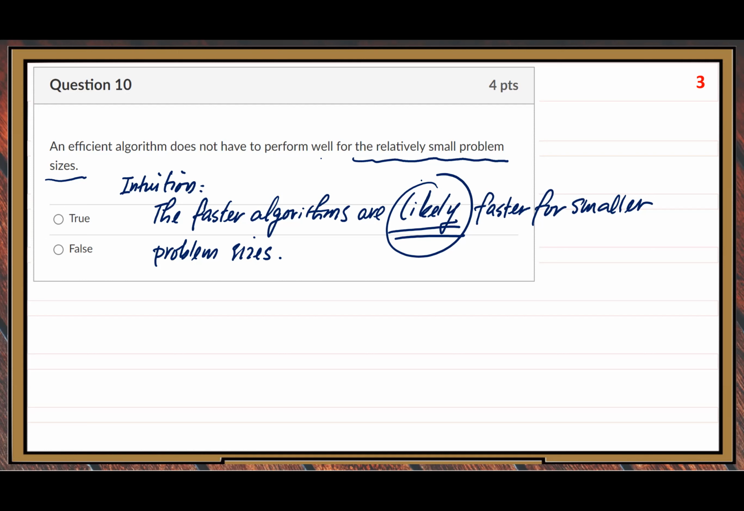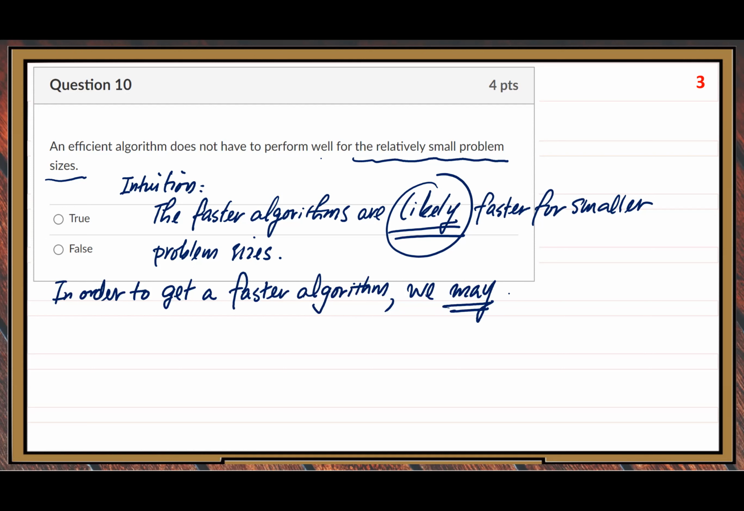But here I'd like to point out another important fact in real-world programming. You will have this kind of experience more and more later. In order to get a faster algorithm, we may, and here I just use the word may, we may spend